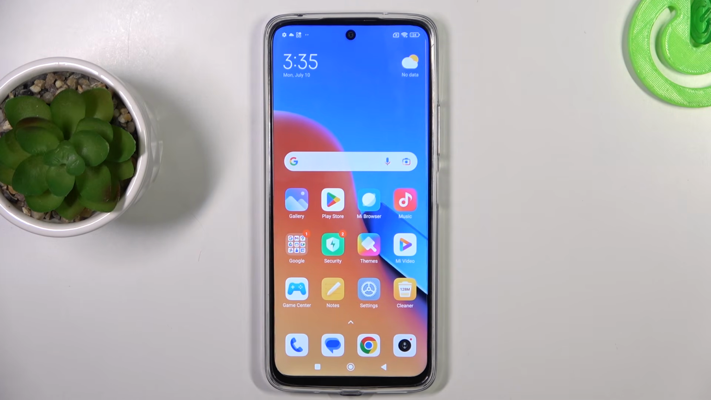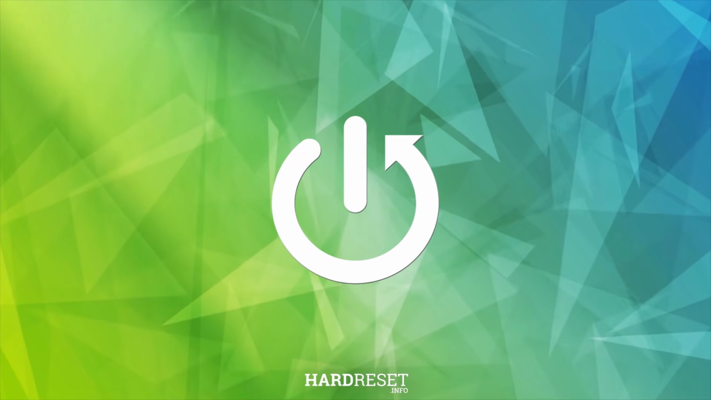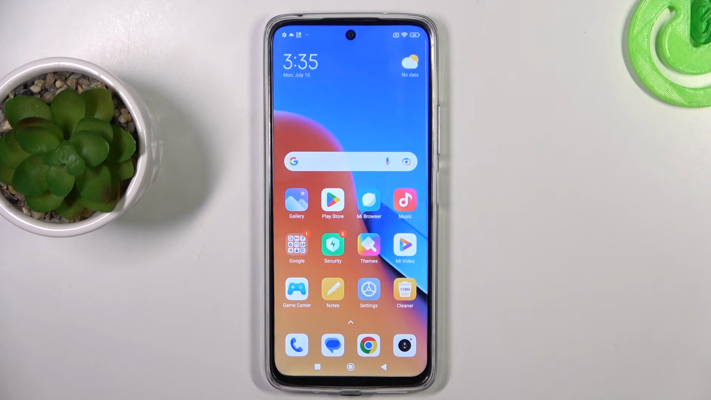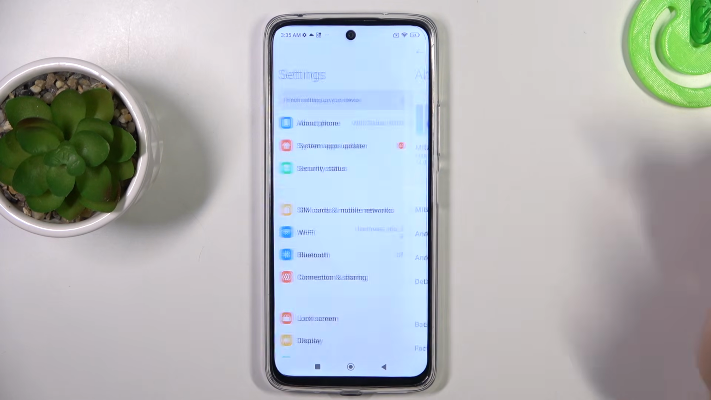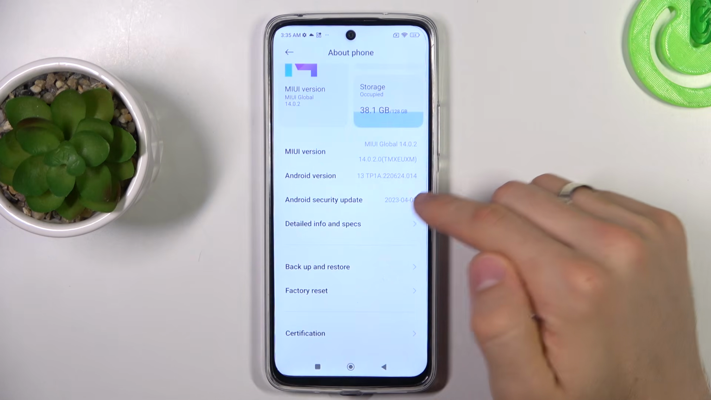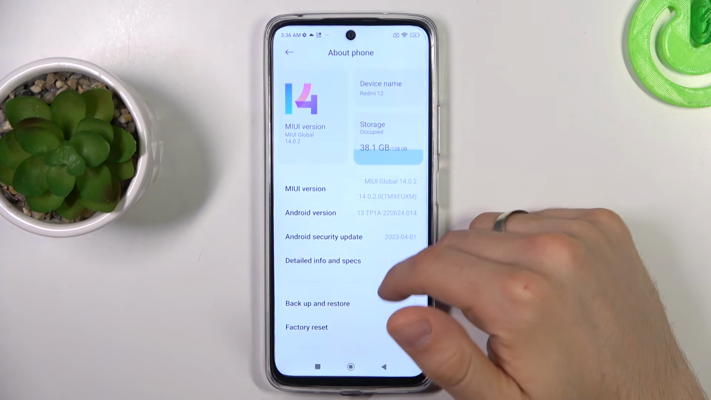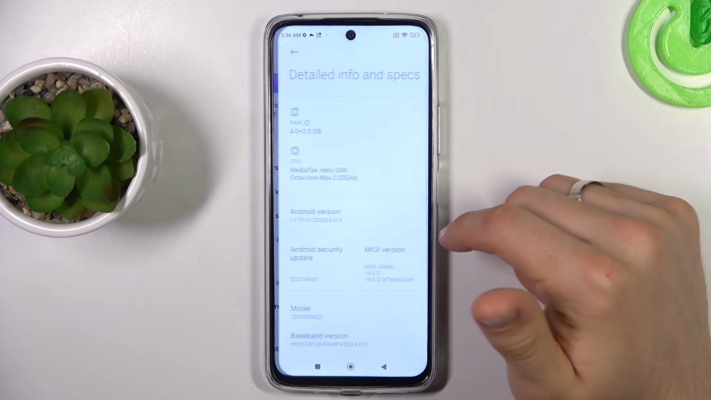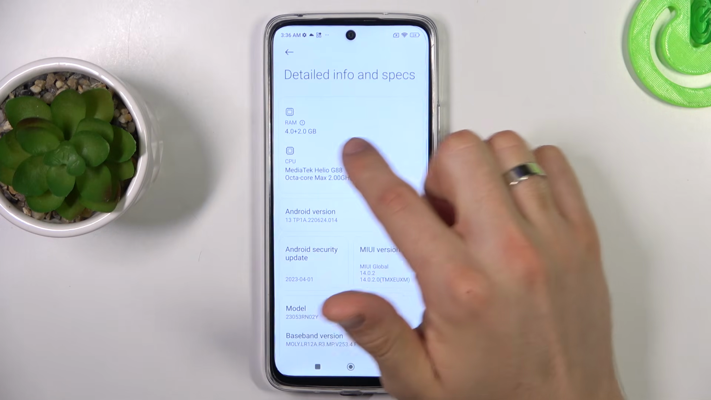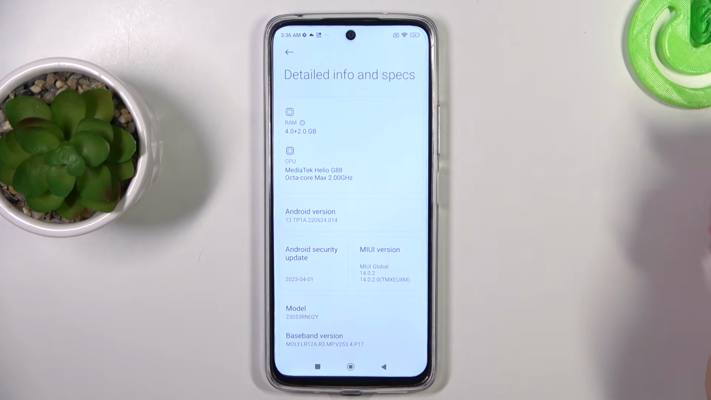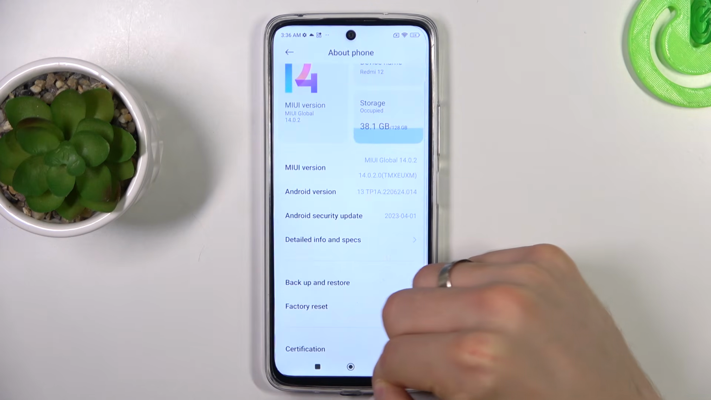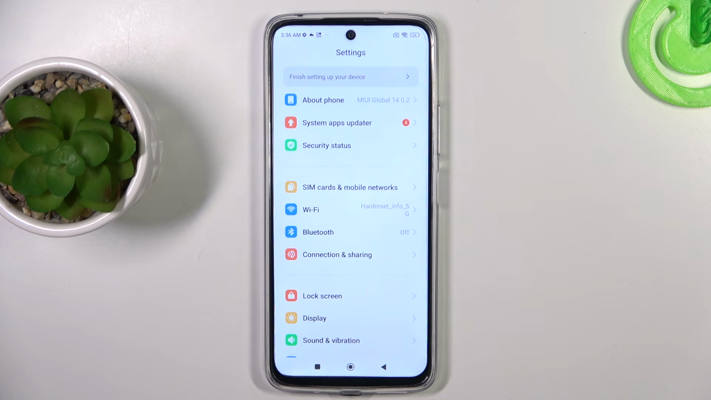In front of me is a Redmi 12, and now I'm going to show you how to extend RAM on this device. To expand the RAM, you need to open the settings, then find About phone and check your RAM. As you can see, I have 4 GB plus 2, so I have 4 real gigabytes and 2 virtual gigabytes, and we can change the virtual